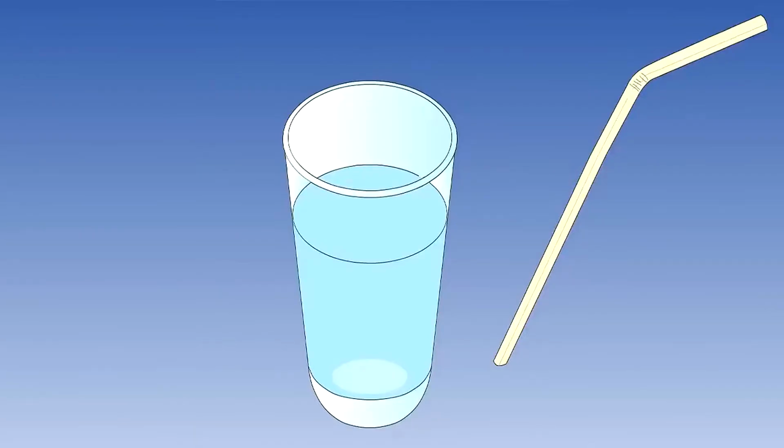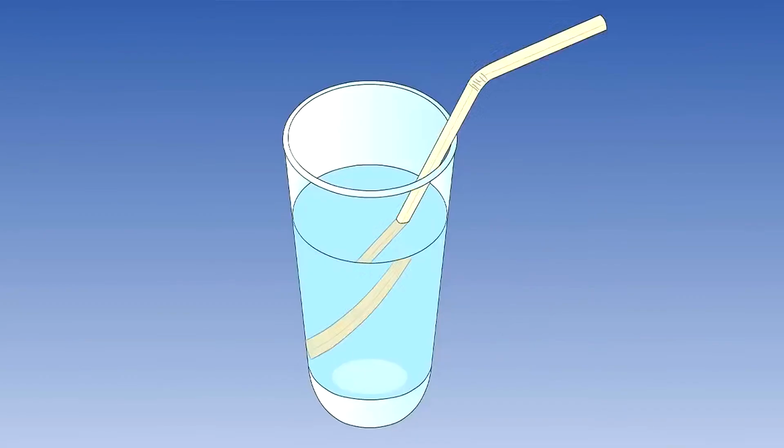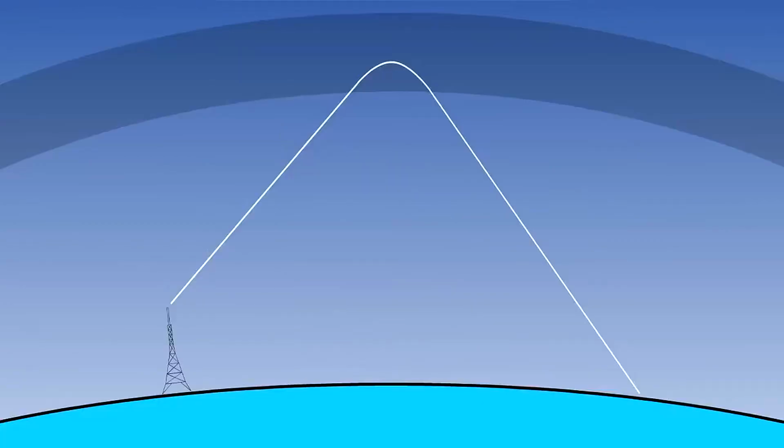This graphic shows a straw which has not yet been inserted into clear water. Now, when it is inserted into the water, it appears to bend. This is because the light waves travel in water at 75% of the speed that they do in air. The same occurs to radio waves in the ionosphere as they pass into a more densely ionized, that is negatively charged, layer.